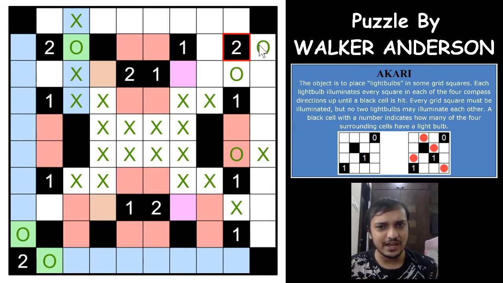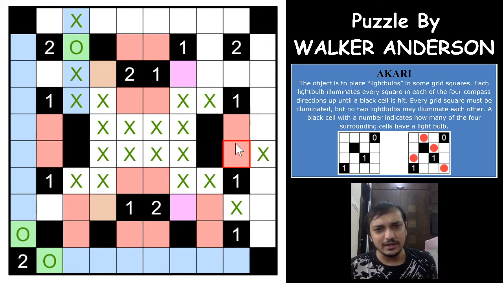For these two, if I have a light bulb here, you cancel out the light bulb here, and for this one you have only one place for the light bulb, and going forward for this one we'll have exactly one place for the light bulb, which is this, right? Now what happens is, whenever I have a light bulb here, I will have a light bulb here, right? So if I have a light bulb here, I will have a light bulb here and here as well. So why that thing is helping us is,